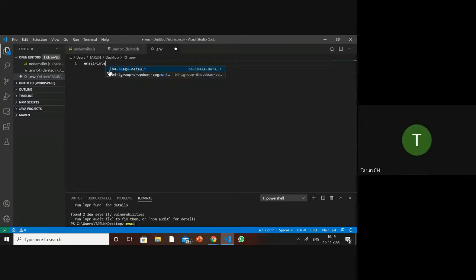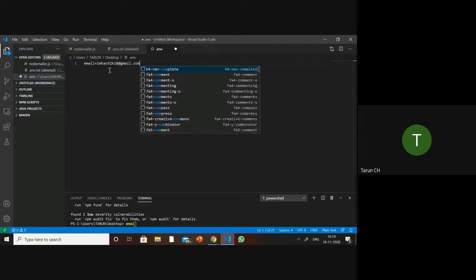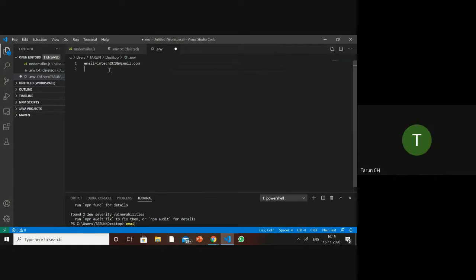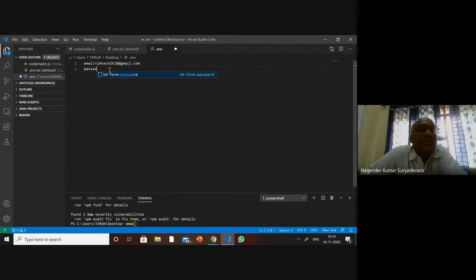Next, password is equal to whatever password you have to type for that corresponding email.